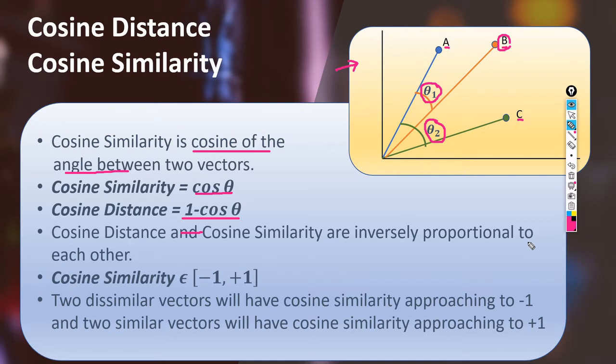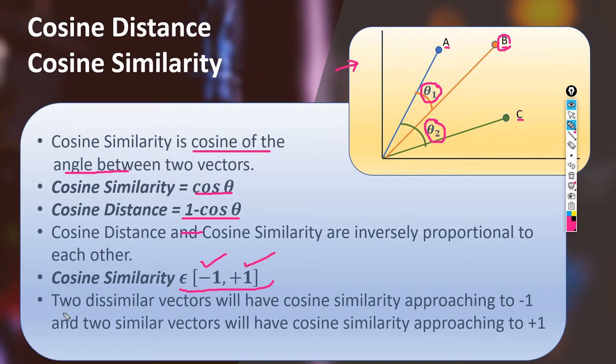Isn't it? From basic mathematics, the cosine similarity belongs to the closed interval of -1 to +1. The lower bound is -1 and the upper bound is +1. Cosine similarity cannot go beyond these two values.